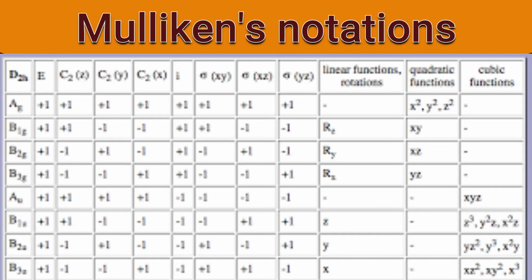First, understand the operations possible for the D2h point group. 8 operations are possible. It is an abelian point group. Identity is the first operation and then C2, 3 operations are there. From a mathematics point of view, all 3 are equivalent. Next, center of inversion. Then 3 planes are there: sigma xy, sigma xz and sigma yz. It depends on which principal axis we consider. Accordingly, the planes will be horizontal or vertical.